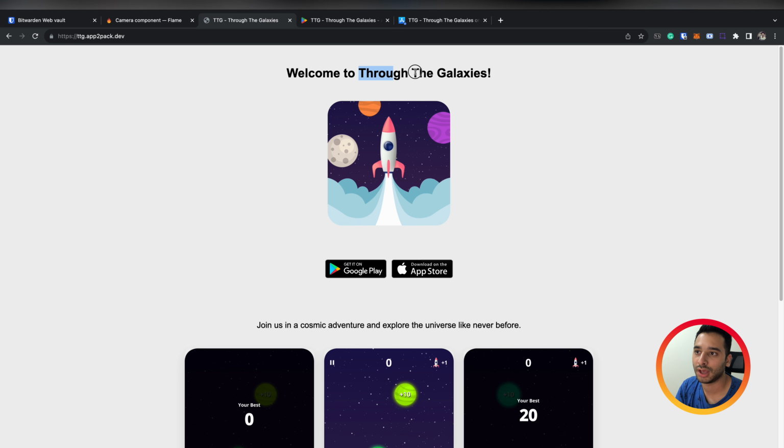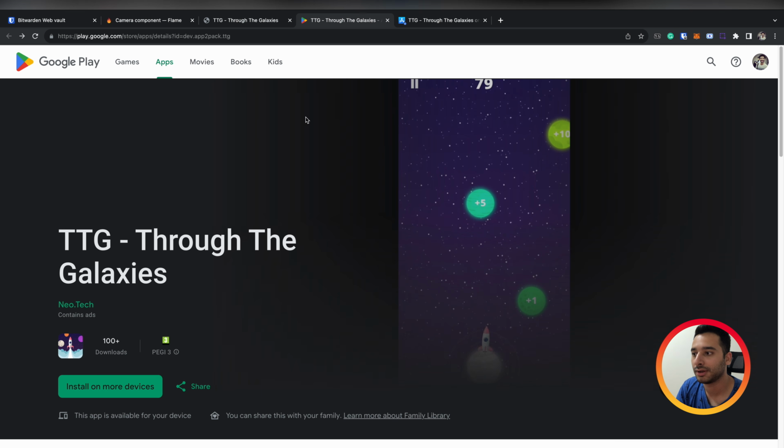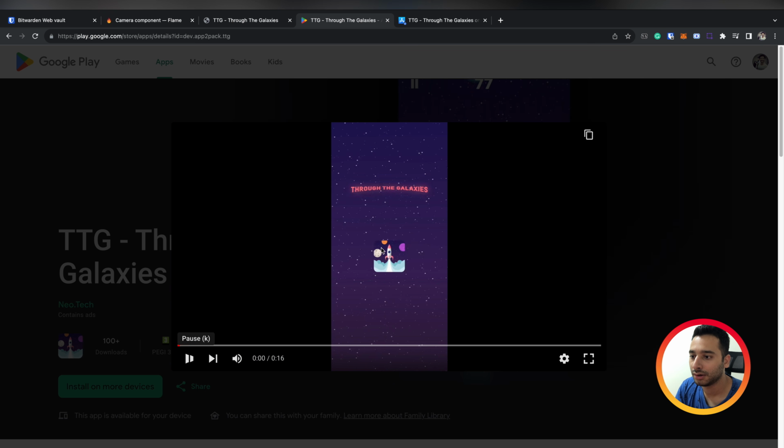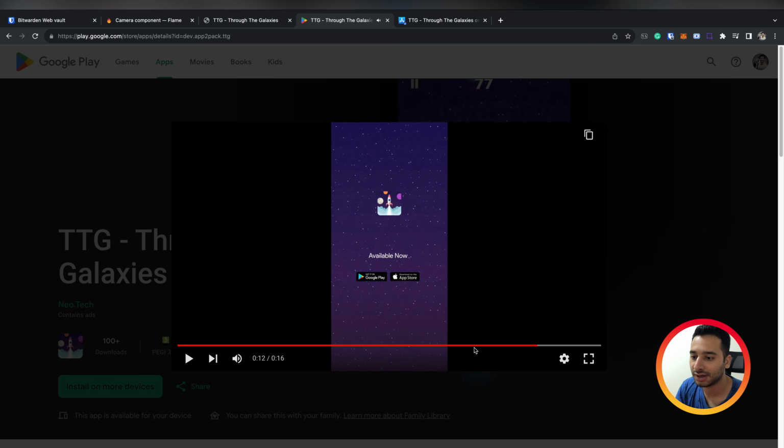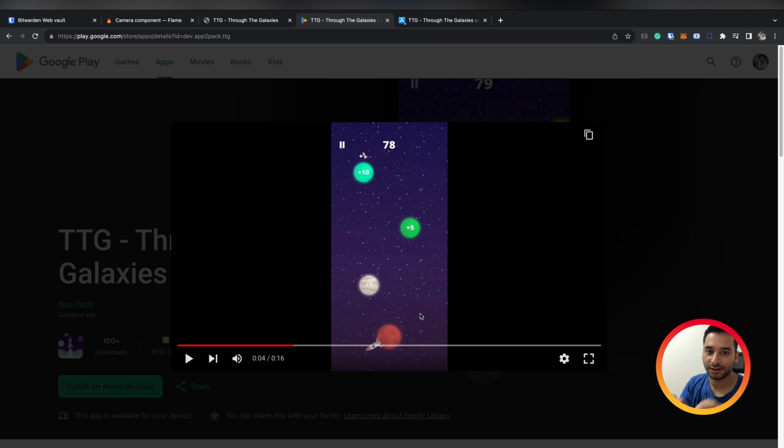It is called TTG Through the Galaxies, which is built by myself. So for example, if you open the Google Play link, yeah, as you see, we have some planets which are added to our world, and also we have a rocket.